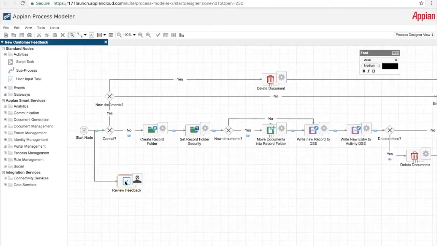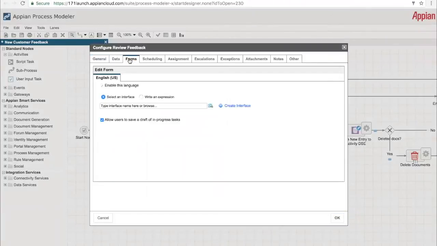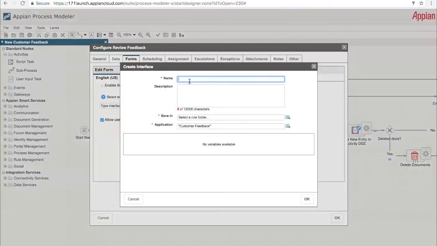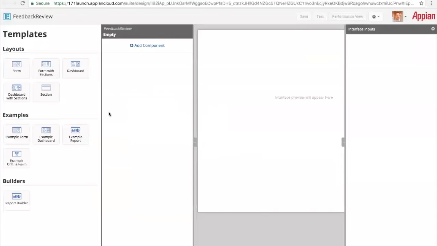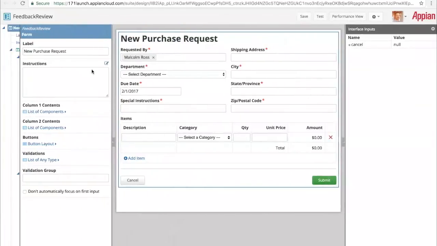Now, as I go to that review step, of course, I need to do things like maybe have a form and data I need to capture, all point-and-click configuration. As I go to say, I want to create a new interface for this, feedback review, and that's going to be my CF rules and constants, and okay. Now I can go ahead and straight to my interface designer. Inside the interface designer now, I can go ahead and start building, say, an example form. So again, point and click driven design to start laying out that form. Now here I just loaded up one of my templates of a new purchase request, say new customer feedback.